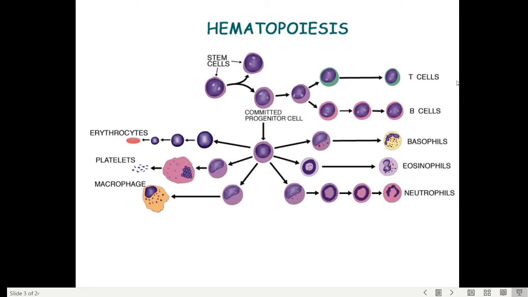In hematopoiesis, the first major cells produced are the T cell and B cell, because those are the most important cells in our immune system. Apart from T cells and B cells, progenitor cells are divided into different blood cells: basophils, eosinophils, neutrophils, erythrocytes, platelets, macrophages. All these cells are involved in